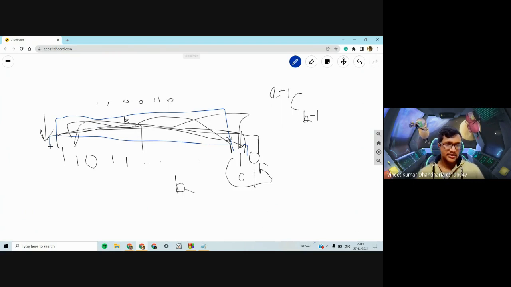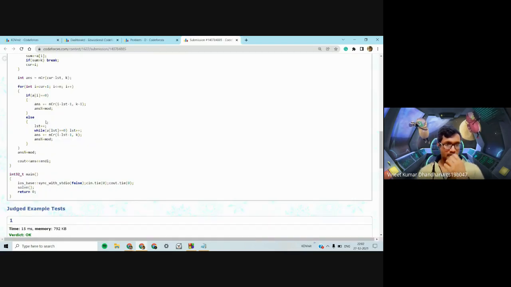Thus, we must increment our L until we see a 1, so that we will again get k ones, k bits set. So we increment last until we see a 0.